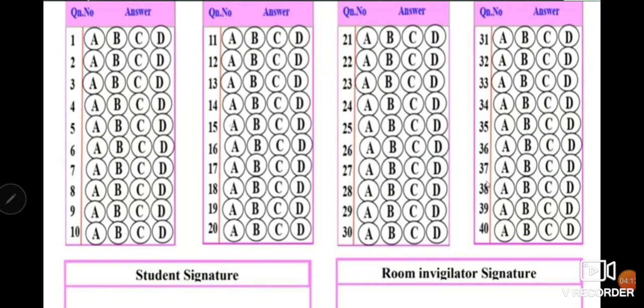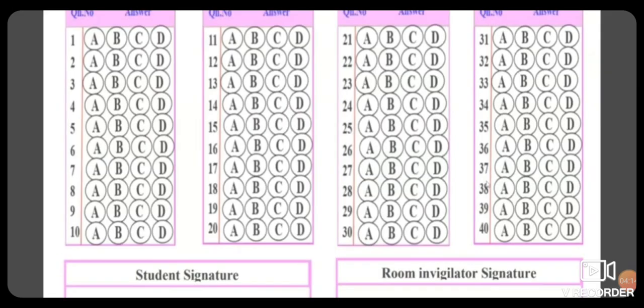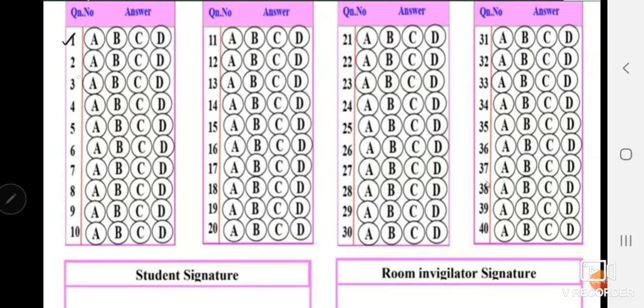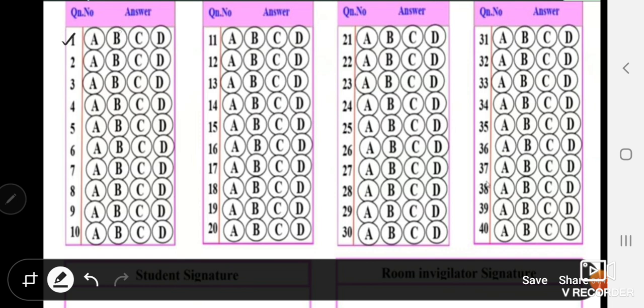Again, how to fill the OMR sheet? Most of you are confused about this. Say for example, in the question paper, for the first question you will get four different options, A, B, C, D, different types of answers. Among these, the answer present in option B may be right. For example, how do you fill this answer? Come to the OMR sheet, see the question number first, then for the first question select the answer and see the option of that